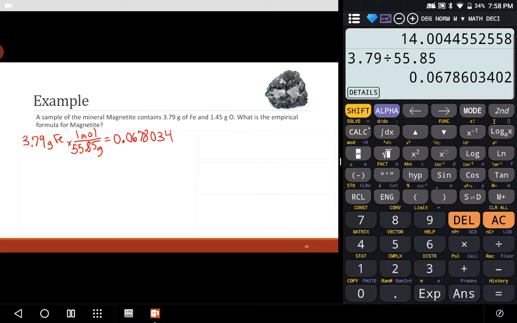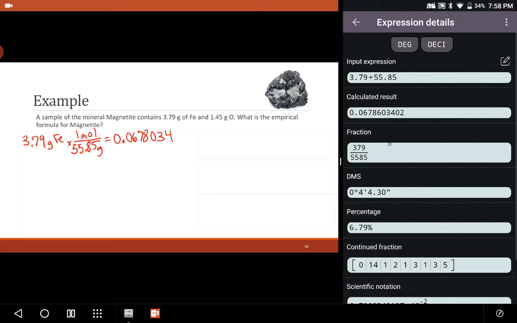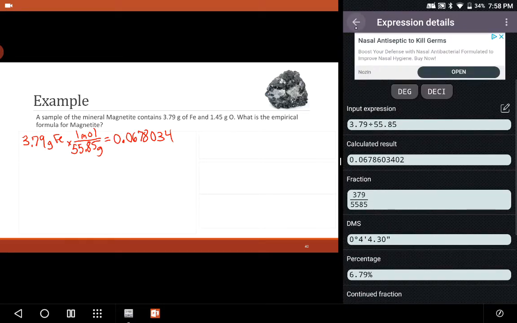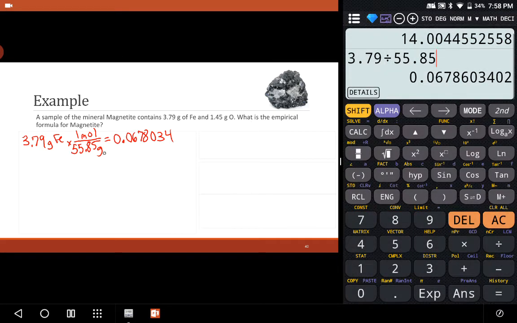We'll call that good. I'm going to try to store this, but I don't know how that works on this calculator. I don't know what that does. Okay. Well, I've got to play with this more. All right, we've got